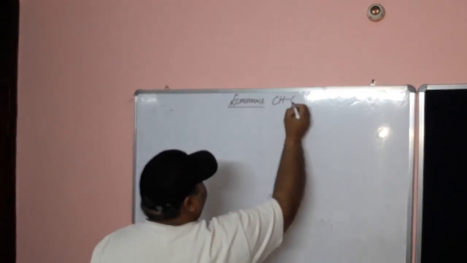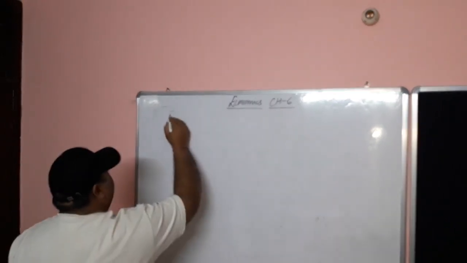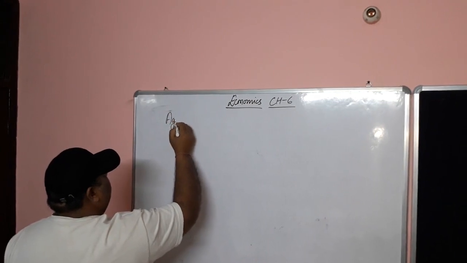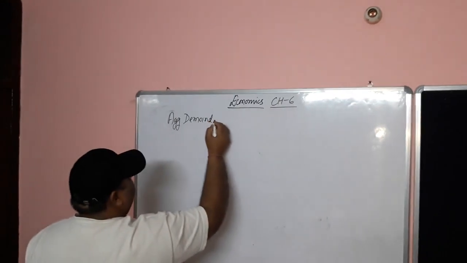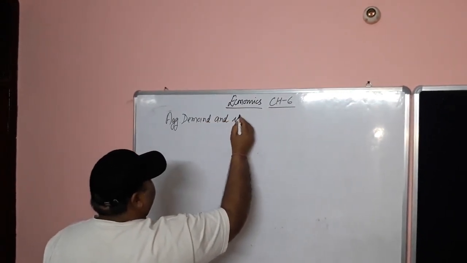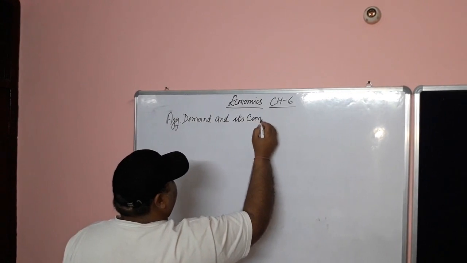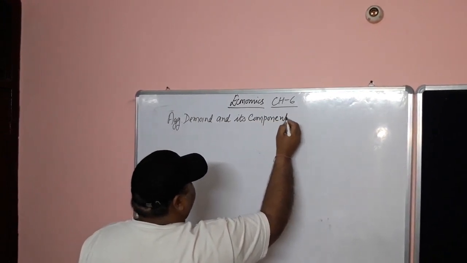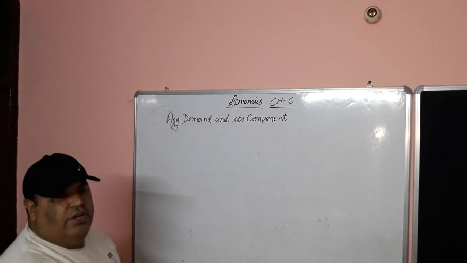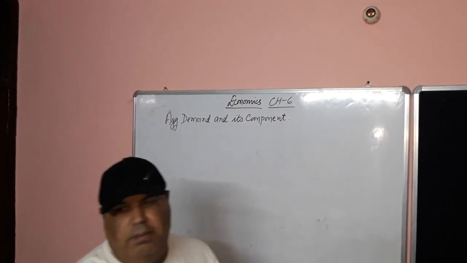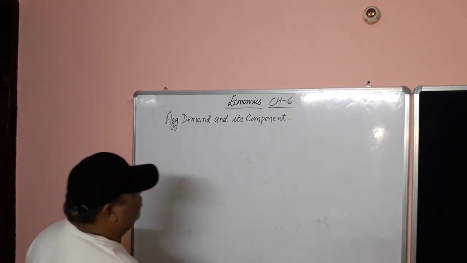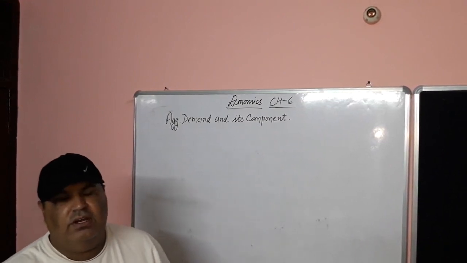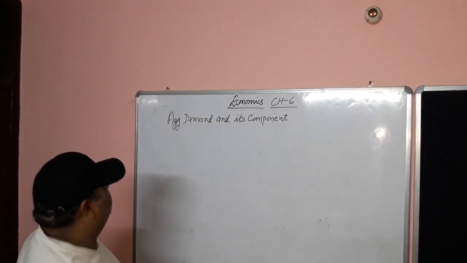Chapter 6, Aggregate Demand and its component. So the question arises, what is the meaning of aggregate demand? Aggregate demand is the addition of the complete demand which we produce within 1 year. So aggregate demand is the addition of